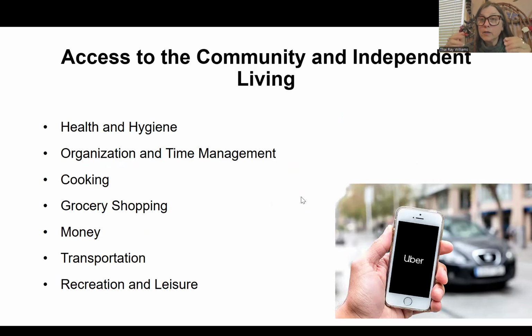So when we're looking at community, daily living, and domestic skills, what are we going to be teaching? What is this all about? Well, really, it's about teaching our students skills that are needed to access the community and independent living. Because if you think about it, our ultimate goal is independence, or independence at the highest level possible. And so when we think about the things that we engage in that fall under these categories,